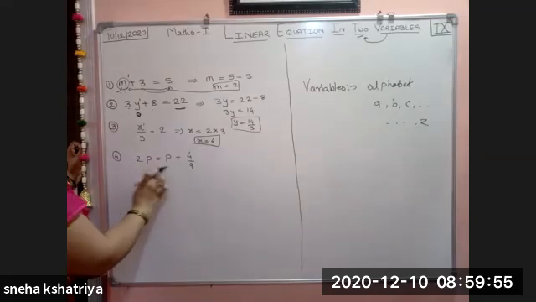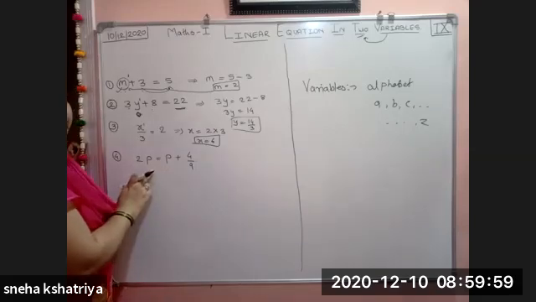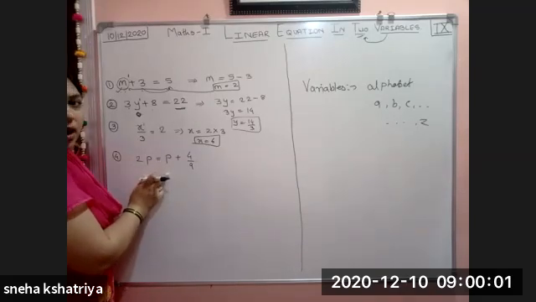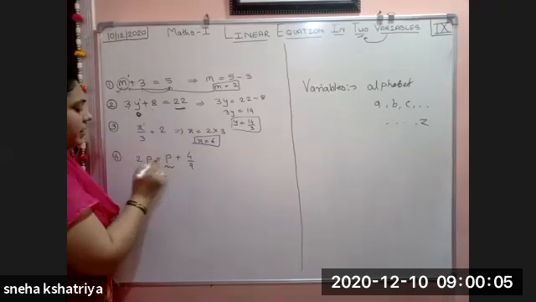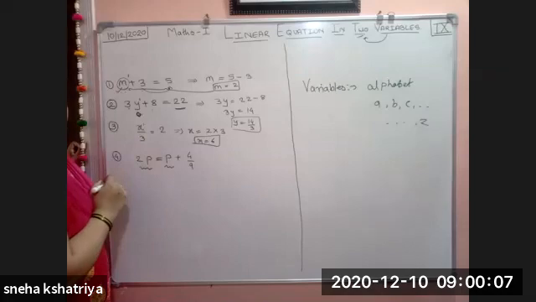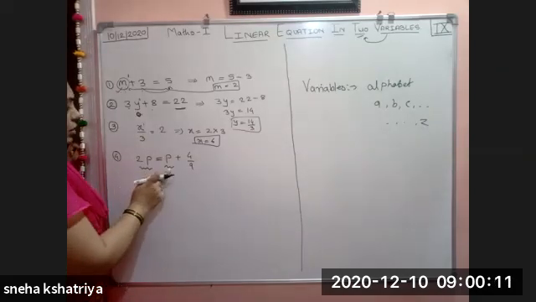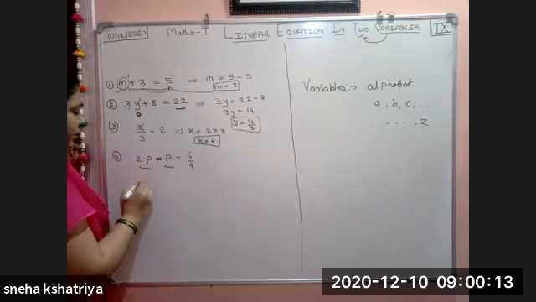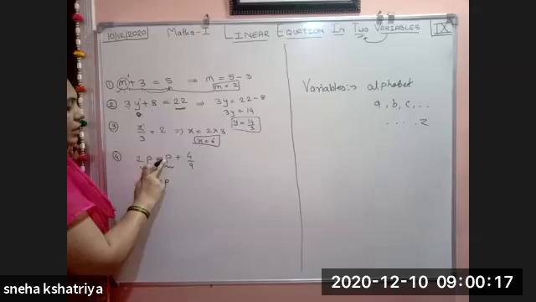Here if you want to find the value of p, then what you have to do is shift this p. Whatever the common part is there, here is a p term, here is a p term. In between there is an equal to sign. So you have to collect the p terms. So this p shifts to the left side. So we get 2p minus p. See here, the sign of p here, nothing is there. It means positive sign, the plus sign is there.